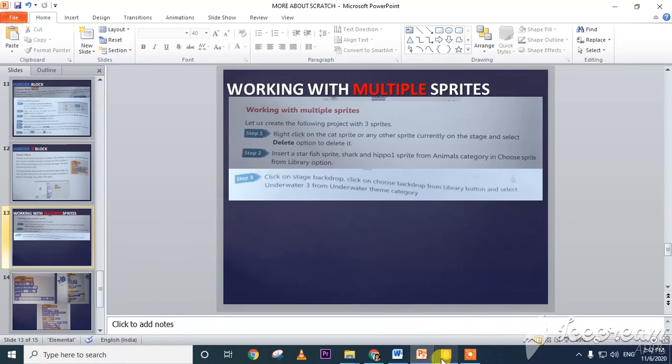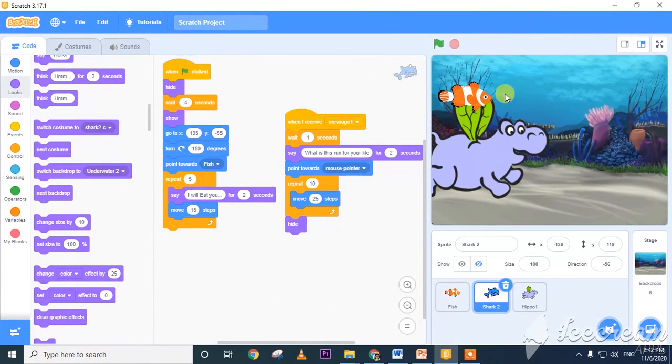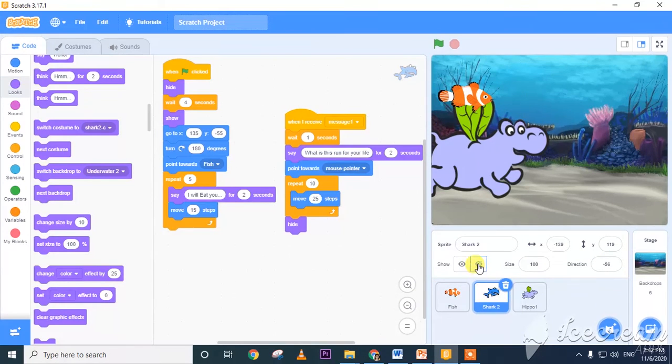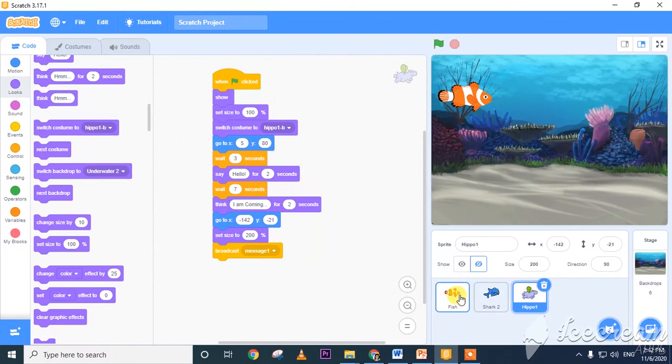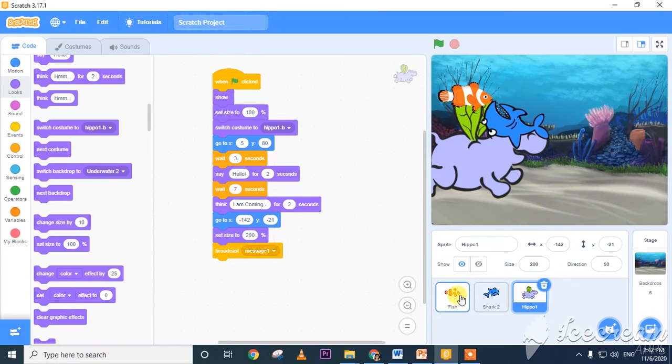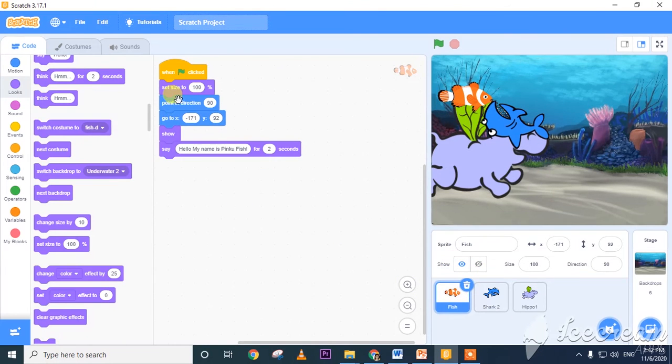Now I open the Scratch program. Here first we need to insert fish, next shark, and hippo. So cat, next is this one, and last is hippo. I have taken 3 images.